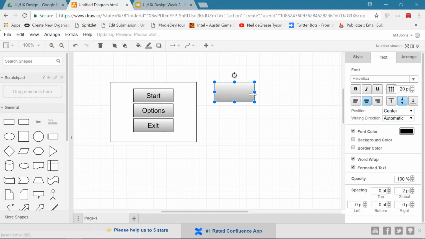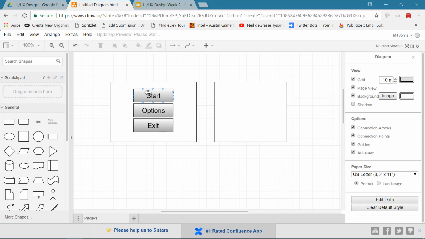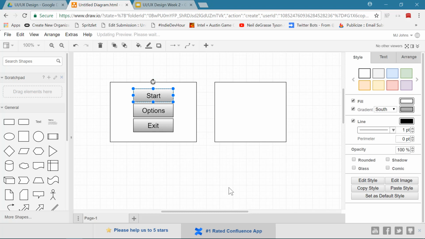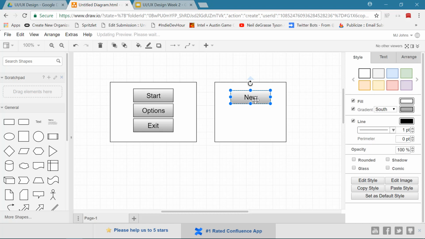And you might notice when I dragged in this rectangle, it automatically filled it in with my gradient from before. So I'm going to uncheck gradient to bring this back to white. And so let's say my game has the ability to load from a previous save or to start a new game. So I'm going to copy and paste my start button and bring that over here. And so this will be new. And then I will have